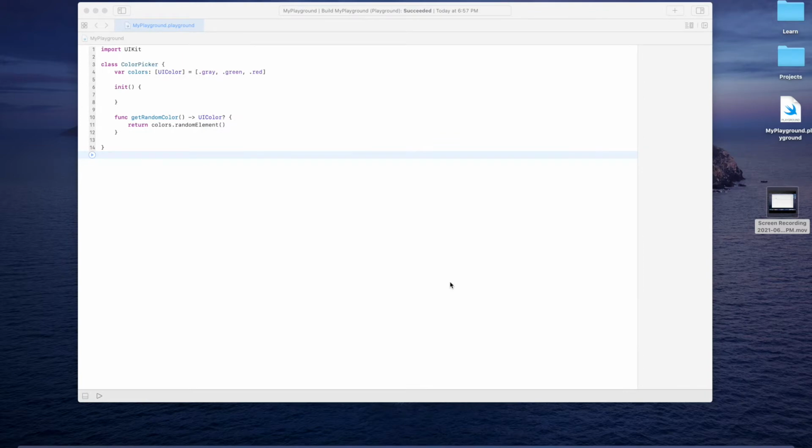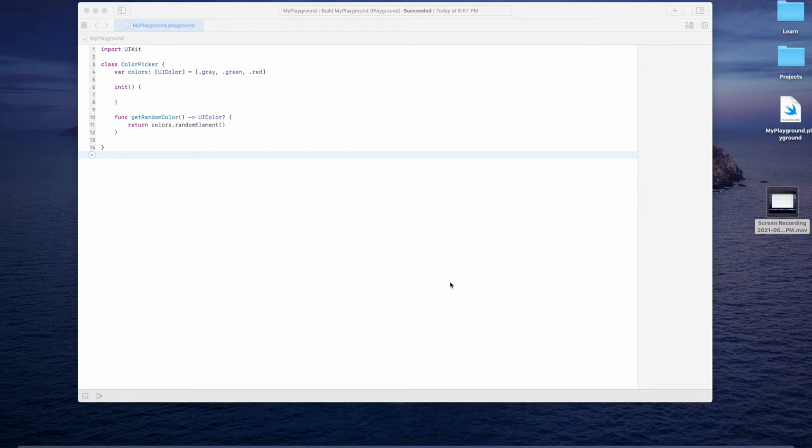Now imagine a scenario. In our application there are three different classes. Let us name them class A, class B, and class C. Now in any one of the classes, if we add or remove colors from the colors array, it should reflect in the other classes as well.